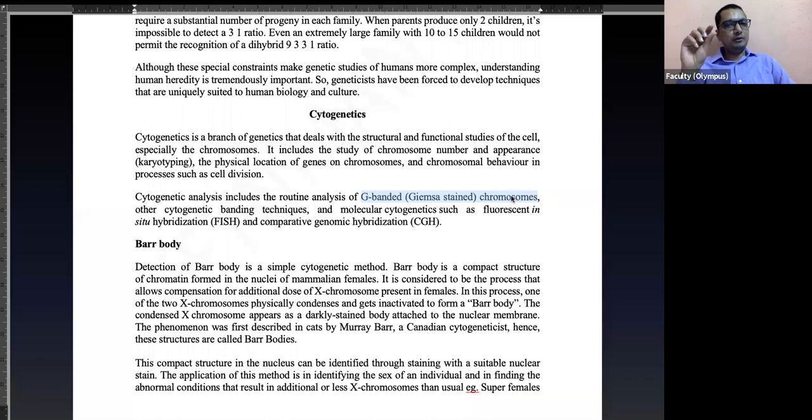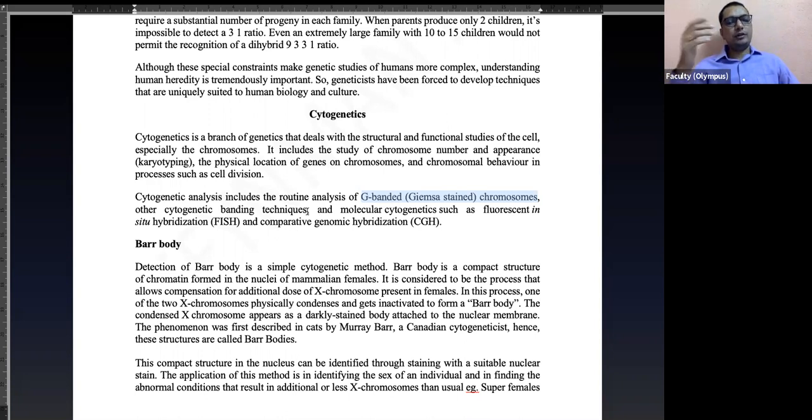Remember in karyotyping, we have seen some bands. Those bands are mainly because of Giemsa stain. Giemsa is the name of the chemical that is used here. It is called Giemsa stain or G-banded stain, because when you add Giemsa stain, the bands that they produce are called G bands, Giemsa bands. But Giemsa is the name of that stain, S-T-A-I-N, stain we call it in biology. Stain is a color.